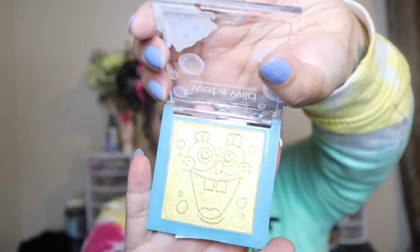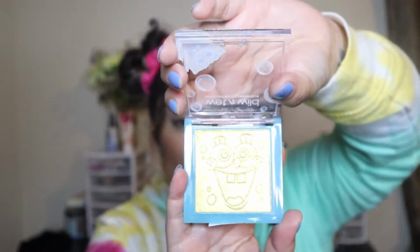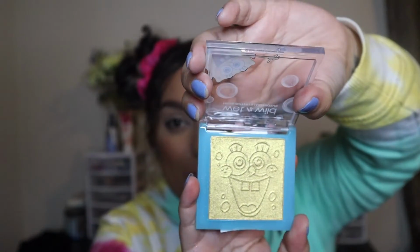The next item I decided to pick up from the collection was the SpongeBob highlighter. It's literally just a SpongeBob highlighter, and this is what it looks like up close. It has his face on there. I don't know if you can see that, if the ring light's not blowing it out, but yeah, I think